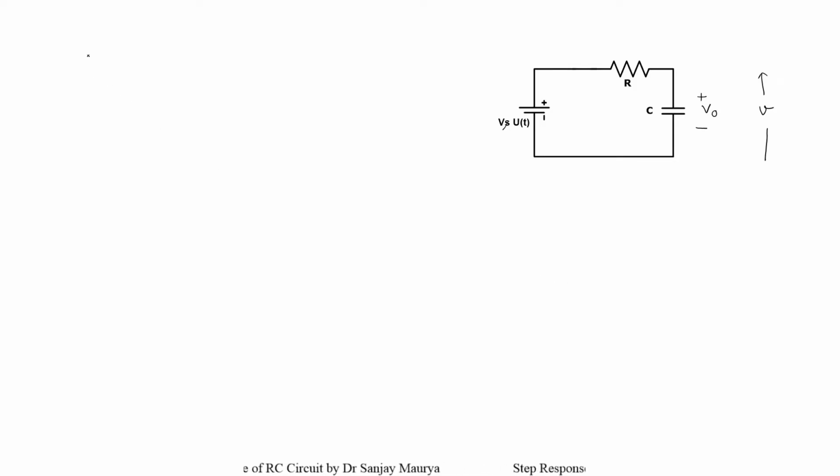So I can write the voltage across the capacitor just an instant before closing the switch, that is V(0-) is equal to V0. And as we know that voltage across a capacitor cannot change instantaneously, we can write V(0-) is equal to V(0+), the instant just after closing the switch, is equal to V0. So to find the response, that is the voltage across the capacitor, I am taking this one node and writing the KCL for this node.